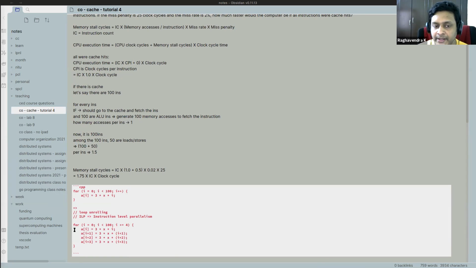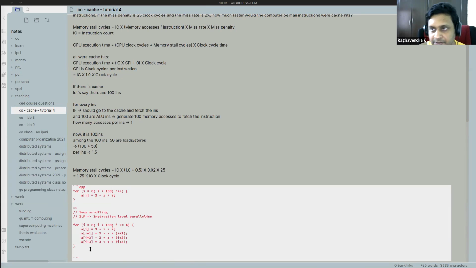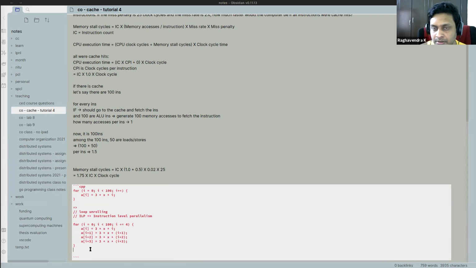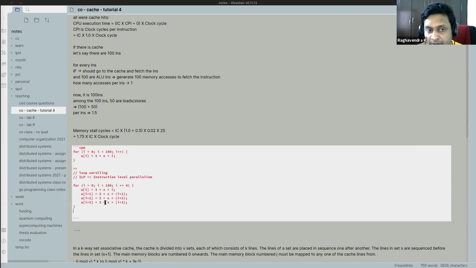Okay. My question is, why should the compiler do only 4 loops? Why can't I just remove this for loop? And let's say the compiler is even more aggressive, right? One thing to remember is loop unrolling can be done at the compiler level. At the hardware level, you can't do it. Of course, hardware does much more sophisticated optimizations, but this is one that the hardware will not be able to do.